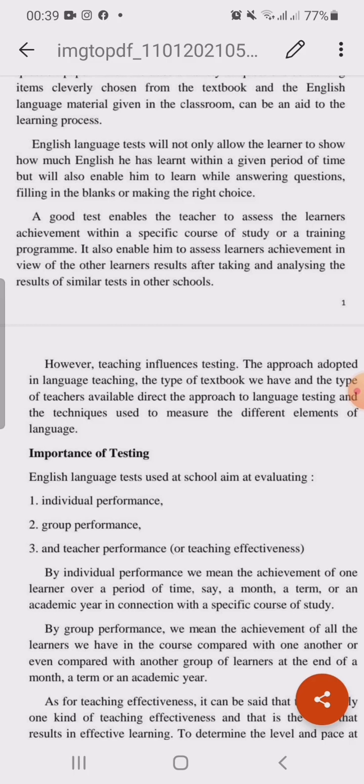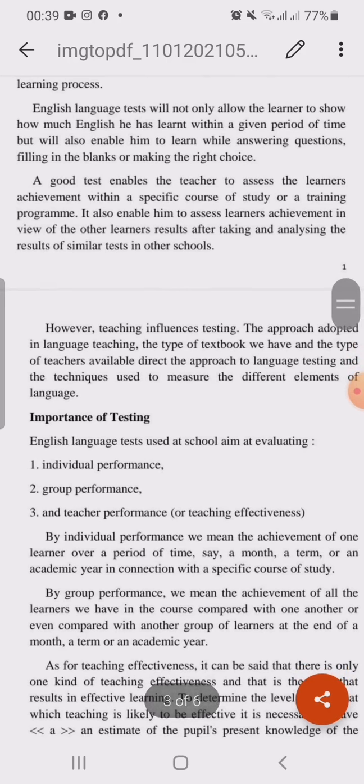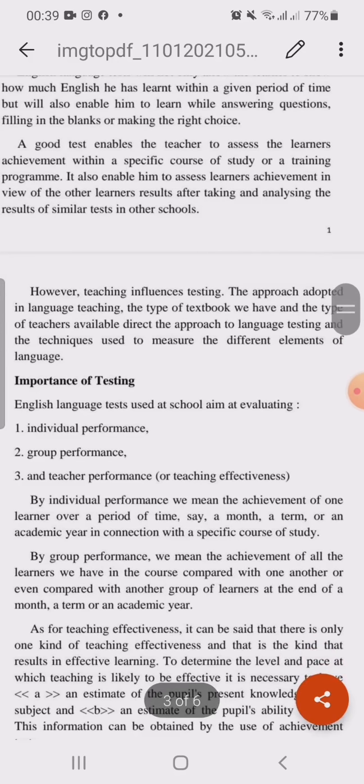It also enables him to assess learners' achievement in view of other learners' results after taking and analyzing the results of similar tests in other schools. يعني أيضا راح يقارن تحصيل الطلبة الواحد مع الآخر، أو أيضا يقارنه ويحلل النتائج بالنسبة لمدارس أخرى كان عملت نفس